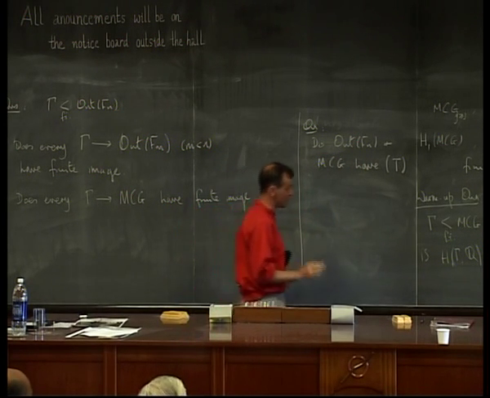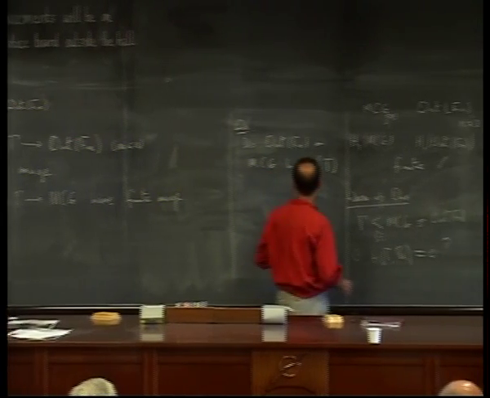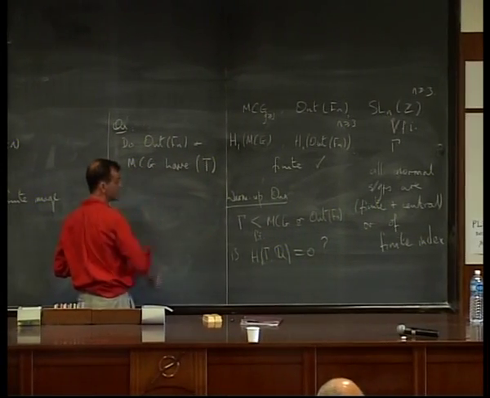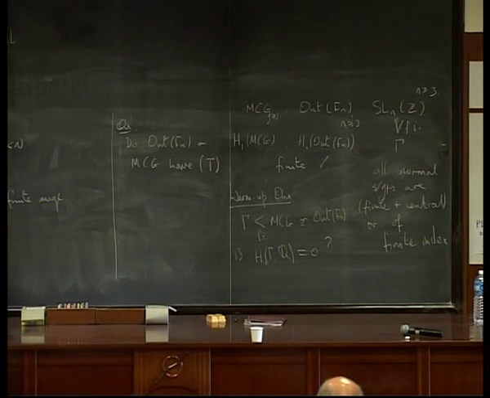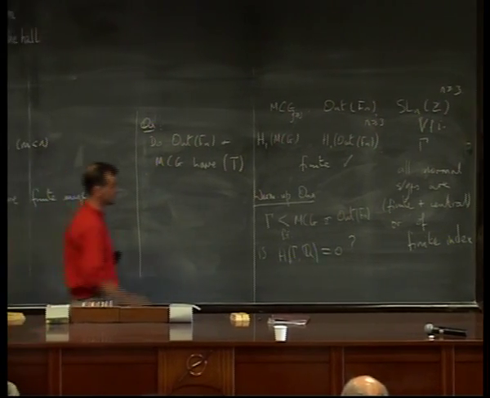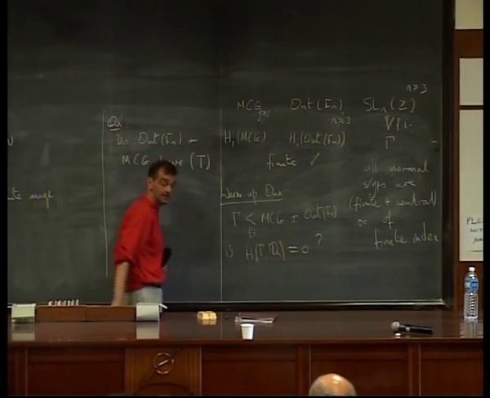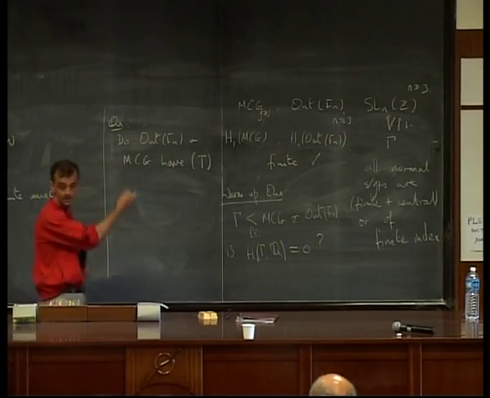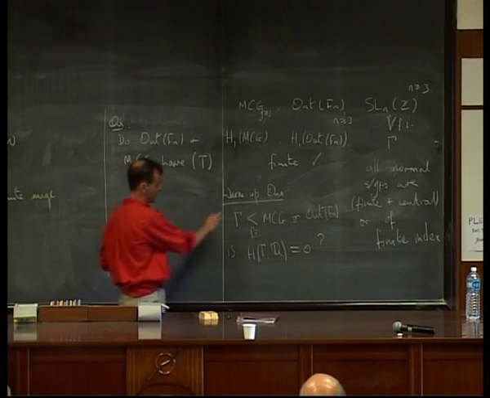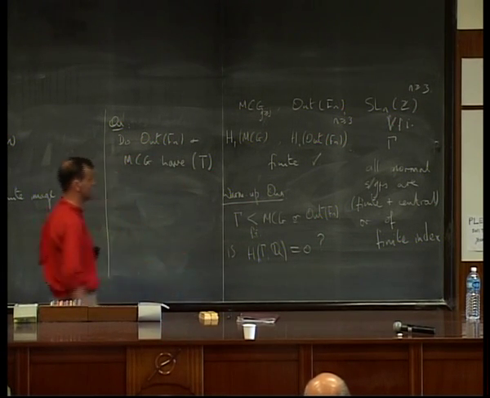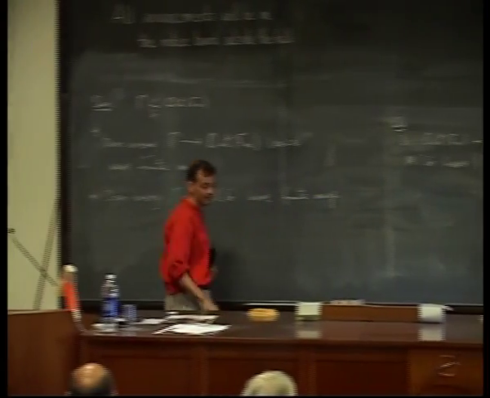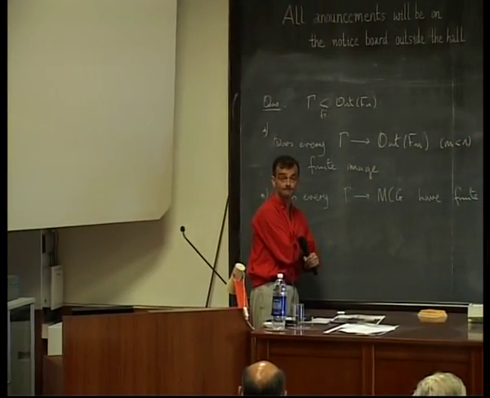But you see, if a group has property T, the expected answer is no. The expected answer is that these groups do not have T. But if a group has a subgroup of finite index that maps onto Z, then it does not have T. So this is one way. If you actually did succeed in finding a subgroup of finite index that maps onto Z, and I don't believe they exist, but if they did, then that would be a way of proving these groups don't have T.